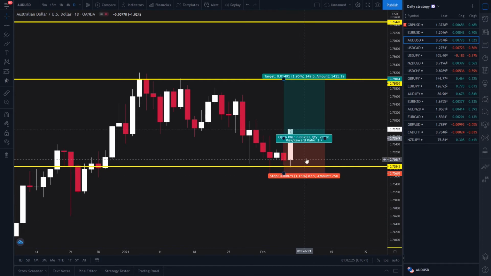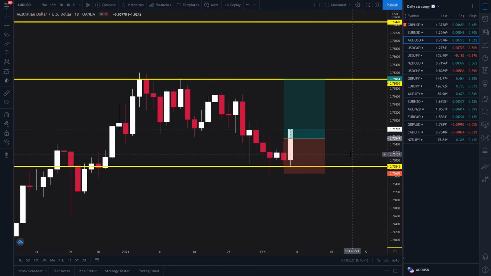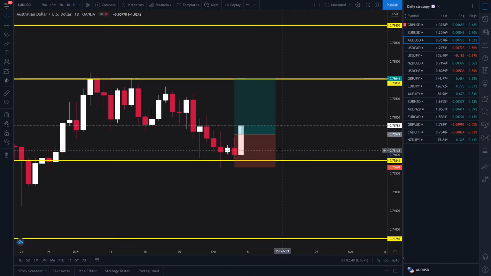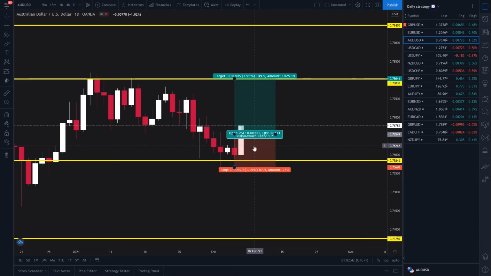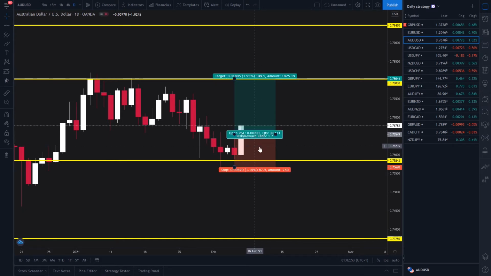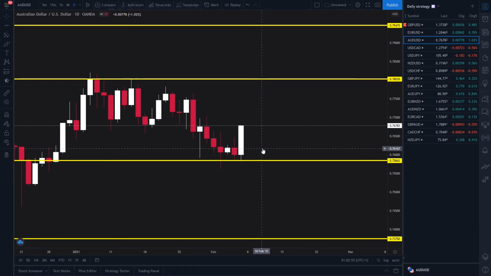Maybe it will be a win, but you don't really want to enter a trade to hold during the weekend, because the weekend could bring some news, and it could crush your analysis. So this was a valid setup, but if we